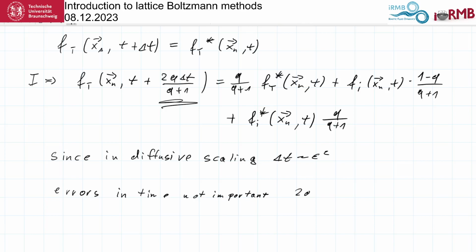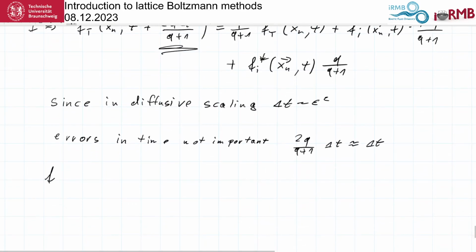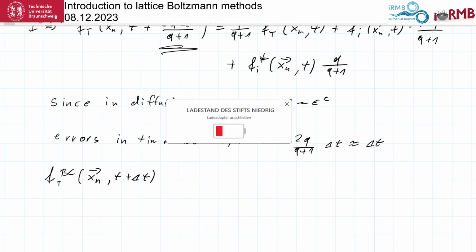We say that this 2q over q plus 1 delta t is then replaced by delta t, and this leads us, sorry for taking 5 minutes more, into the boundary condition